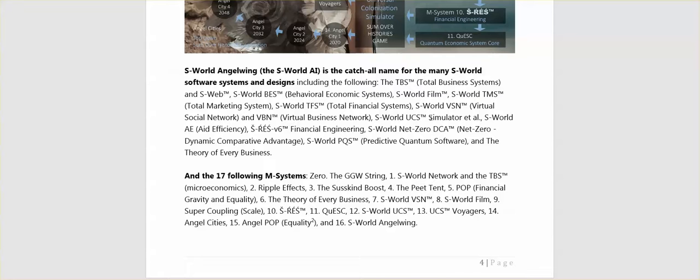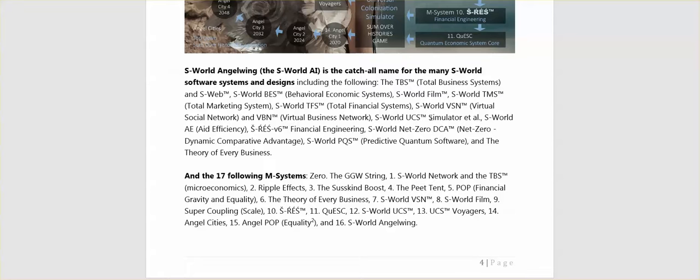S-World Aid Efficiency, S-World Net Zero Dynamic Comparative Advantage, S-World Predictive Quantum Software, and the Theory of Every Business, and the following M-Systems: M-System 0, the GGW string; M-System 1, the S-World Network and the TBS; M-System 2, Ripple Effects; M-System 3, the Susskind Boost; M-System 4, the Peak Tent; M-System 5, POP, Financial Gravity; M-System 6, the Theory of Every Business; M-System 7, S-World VSN, Virtual Social Network; 8, S-World Film; 9, Supercoupling Scale; 10, Quest, the Quantum Economic System Core,